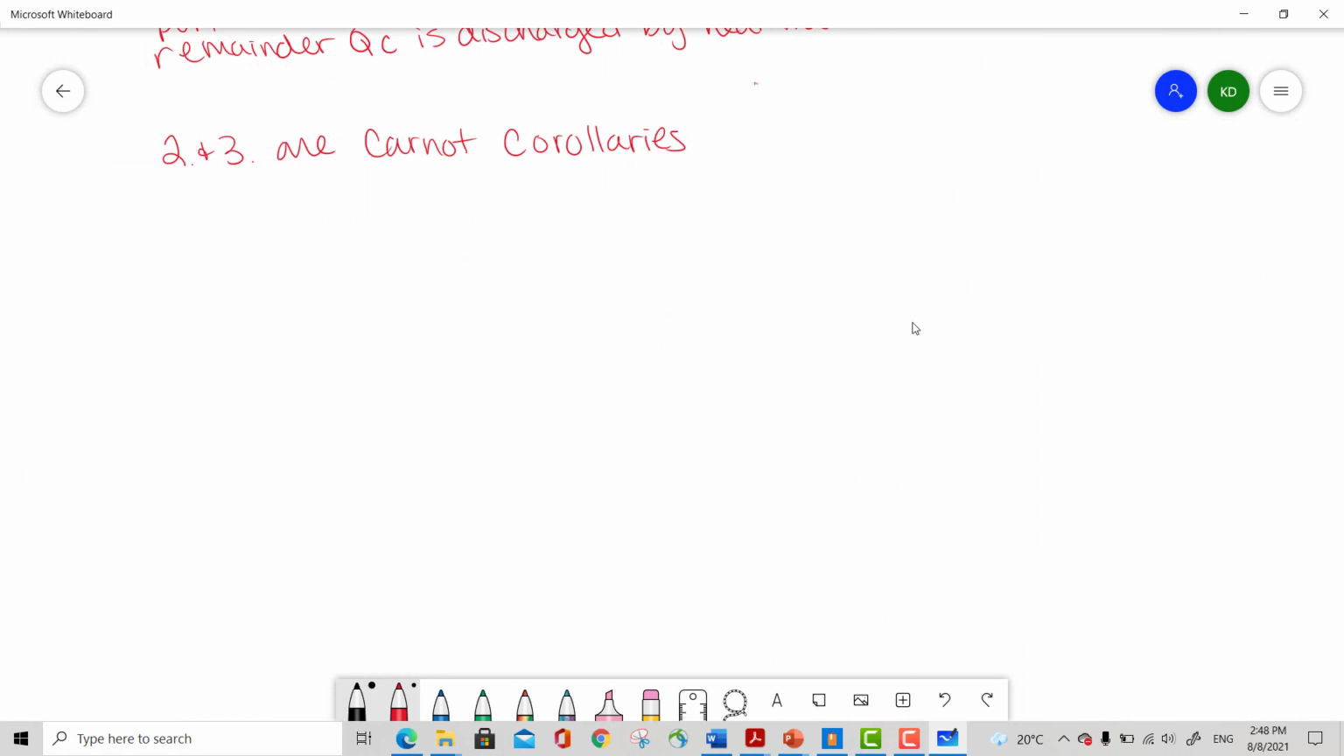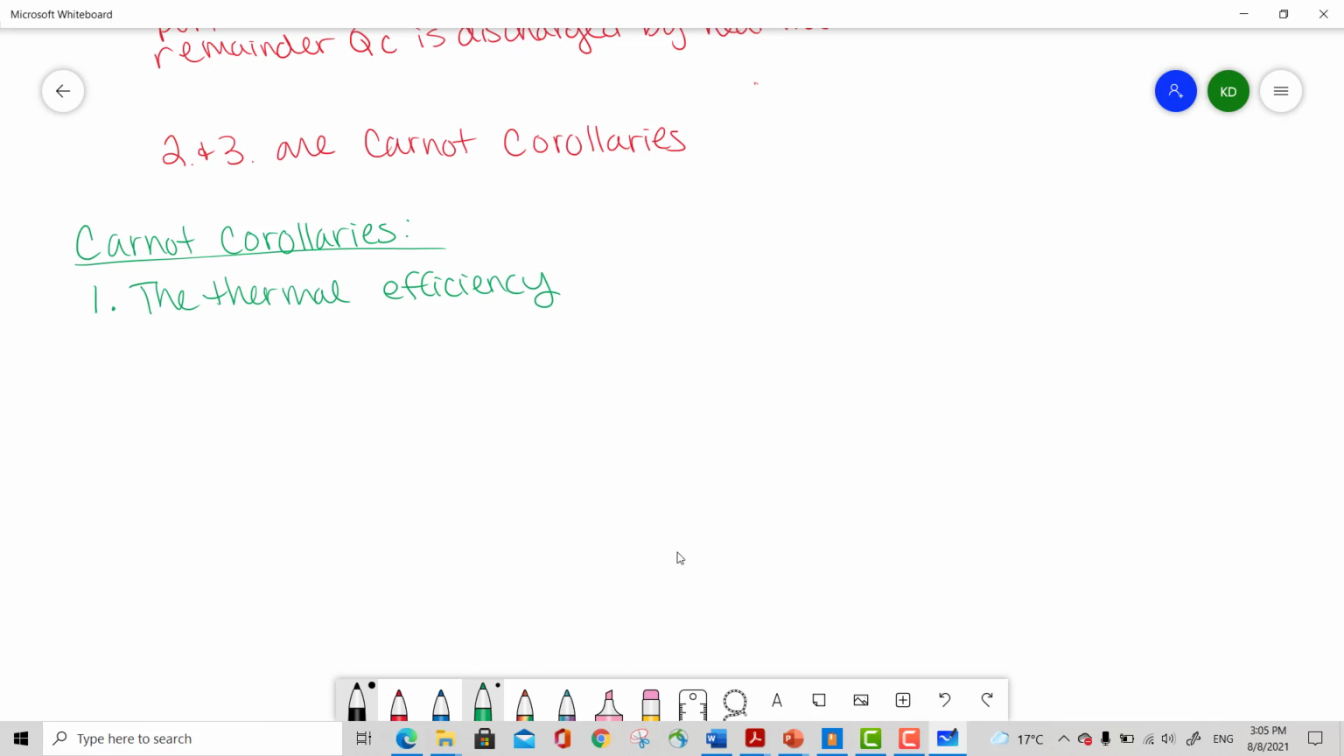Okay. And so these are Carnot corollaries. So here's these other two conclusions that we can draw. Really it's one of two for Carnot, but overall it's 2 and 3 of the 3 conclusions. The thermal efficiency of an irreversible